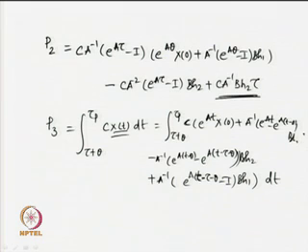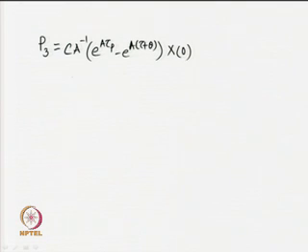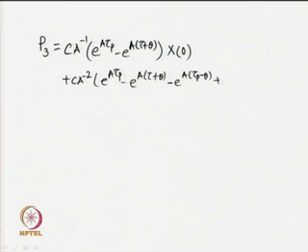I will write the final expression of P3, which will not be so simple, but let me try to write the whole expression for P3, which comes out to be in the form of C A inverse, e to the power A tau p minus e to the power A tau plus theta, times x0, plus C A to the power minus 2, e to the power A tau p minus e to the power A tau plus theta minus e to the power A tau p minus theta plus e to the power A tau, B h1,